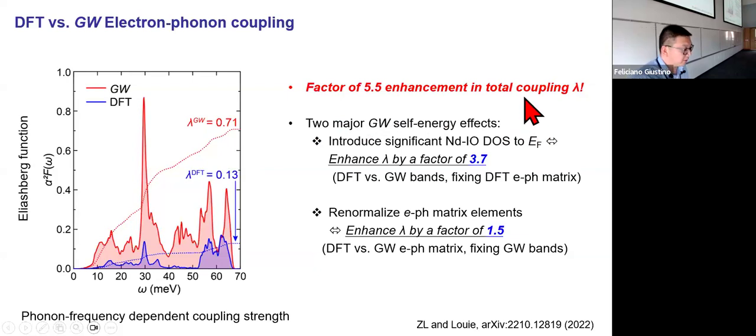And furthermore, we can, of course, break it down because we know where all the interactions are from. So we can figure out which part contributes by how much. So there are two major effects. First, the self-energy effects in the band structure enhance the coupling constant by a factor of 3.7. And second, the self-energy effects in electron-phonon matrix elements, which one can get from GWPT, enhance the lambda by a factor of 1.5. So you multiply them together, that's over a factor of 5